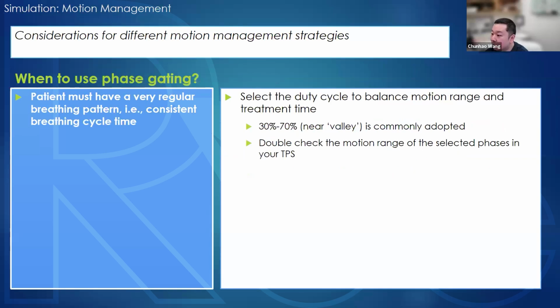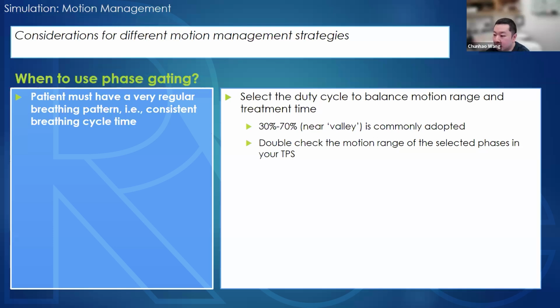All right, another question is about phase gating. When we do the phase gating, this is actually very similar to the lung side, right? When phase gating, one condition is the patient needs to have a very regular breathing pattern. During the simulation, we check the respiratory motion pattern as well as their consistent breathing cycle time shown from your simulation software. Right, so we always have to balance the duty cycle, which means the beam on time